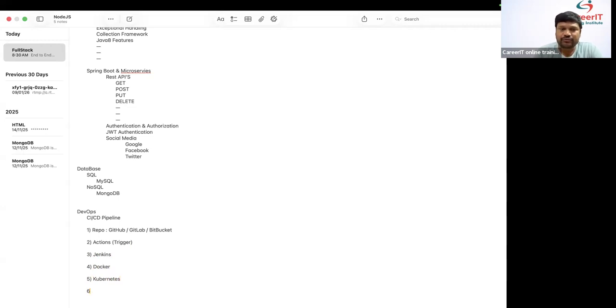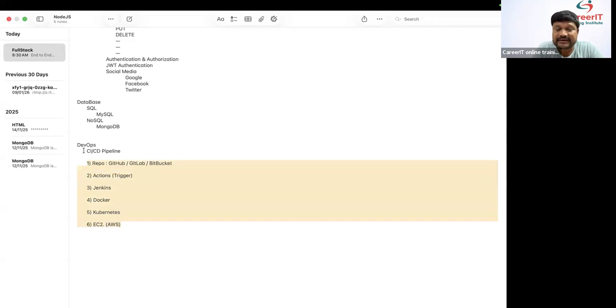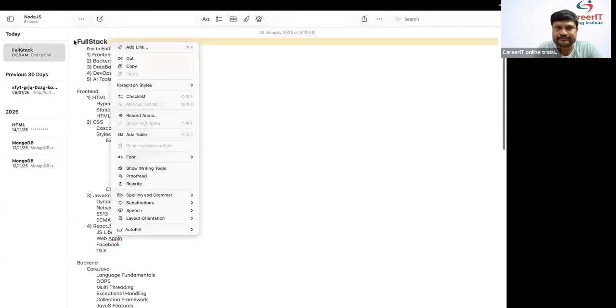Next, a virtual server. What is the virtual server? EC2, which is present in AWS. By using all these tools, I will implement a CI/CD pipeline as part of our full stack training.